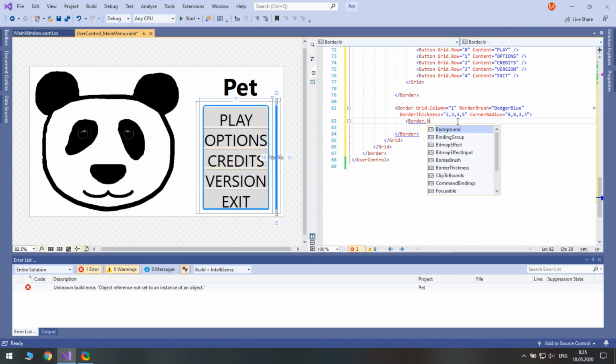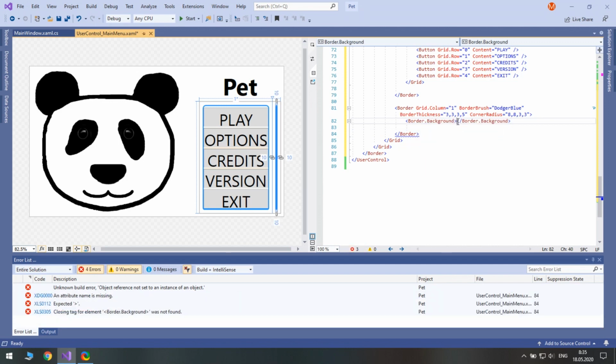For this border, I will use a linear gradient brush with 3 colors.